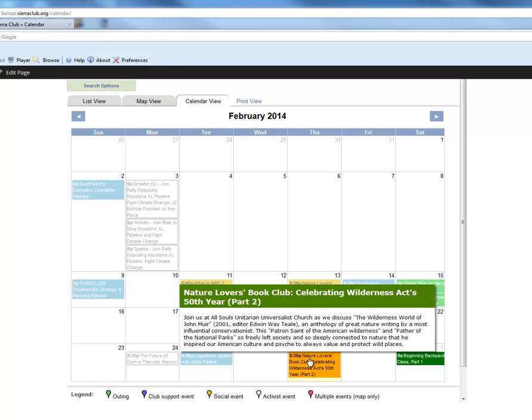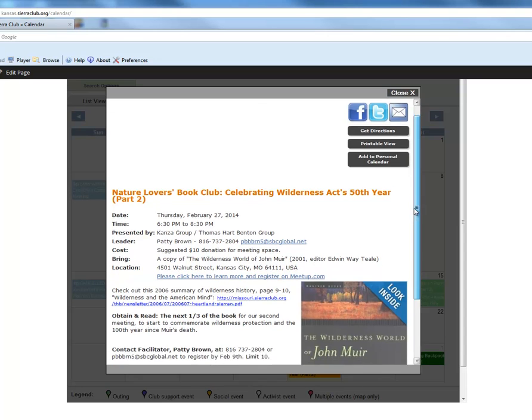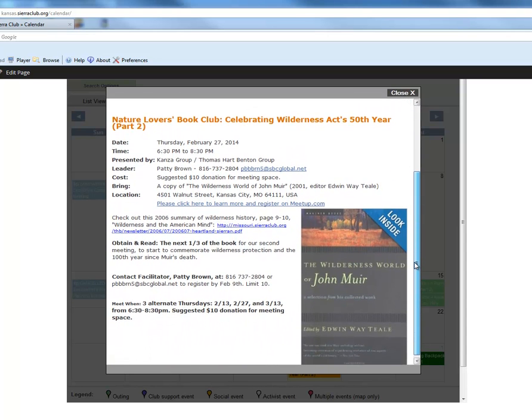We just hover the mouse over it, and it brings up a description of the event. Then we click on the event, and we see much more information about this. This is a Nature Lovers Book Club. It's an outing. It gives the date, all the information, and it also shows the